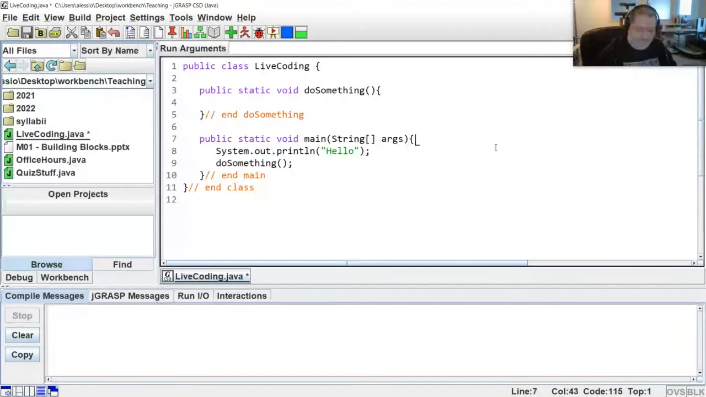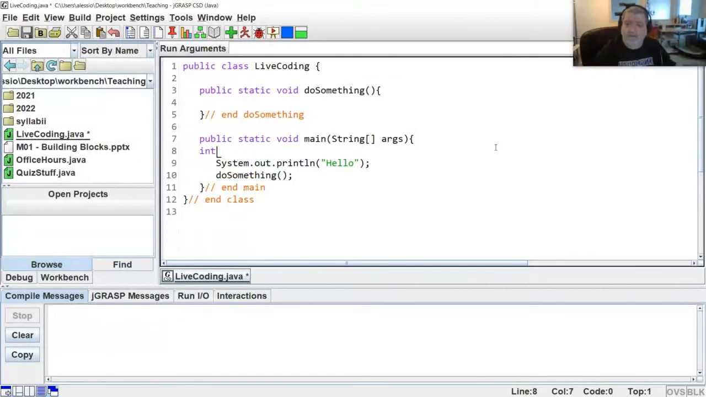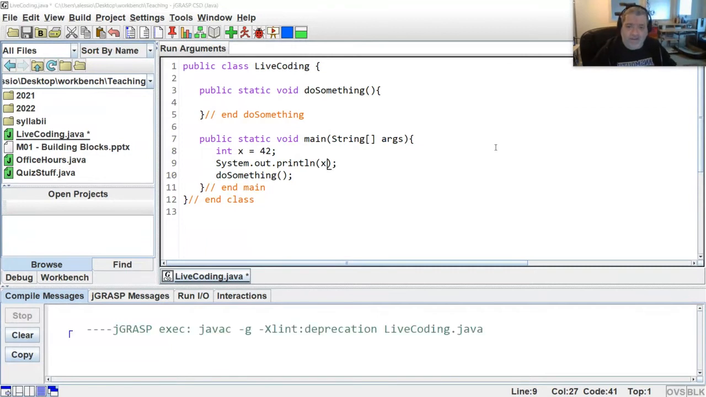If I go inside the main and I say, hey, I want an int x equal 42, so I declare my variable x. That means I can use x. So for example, I could display it. Let me compile this, run it. It's going to display